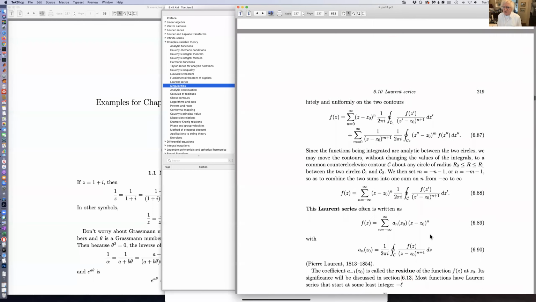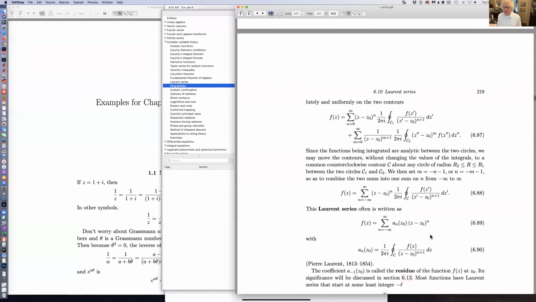So this is an example. I often skip examples, but I think maybe it's worth doing some here. So if we look at the nth coefficient a sub n, it is this integral,